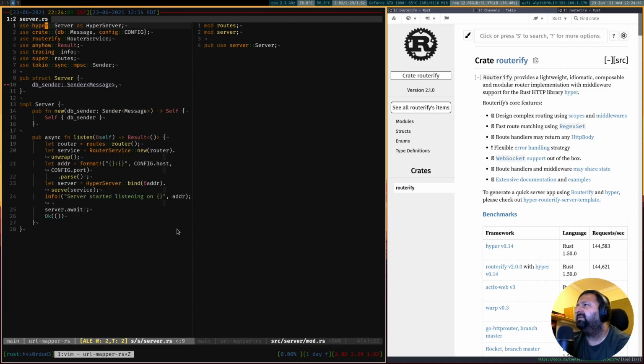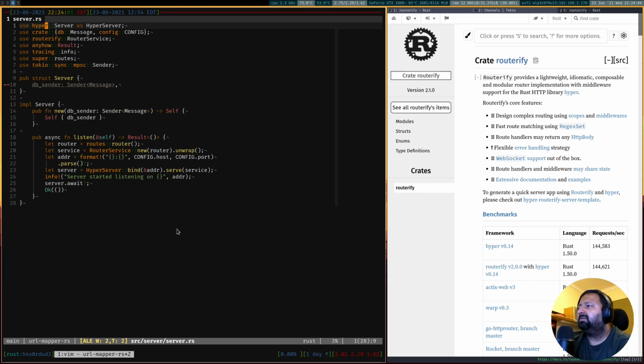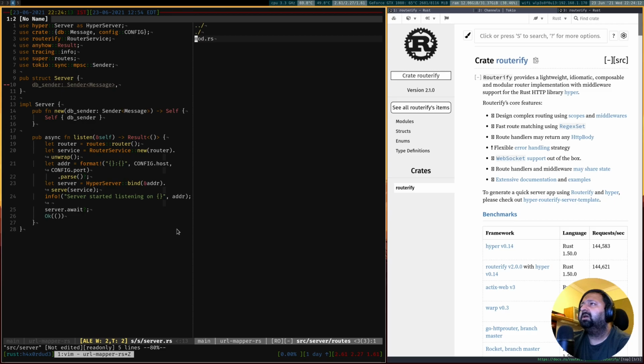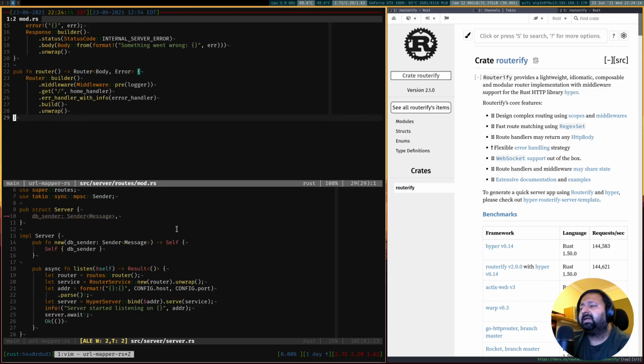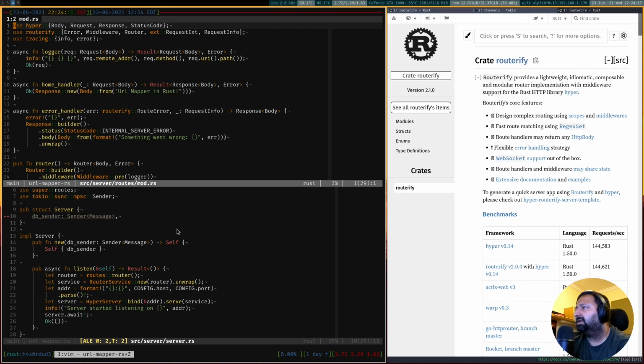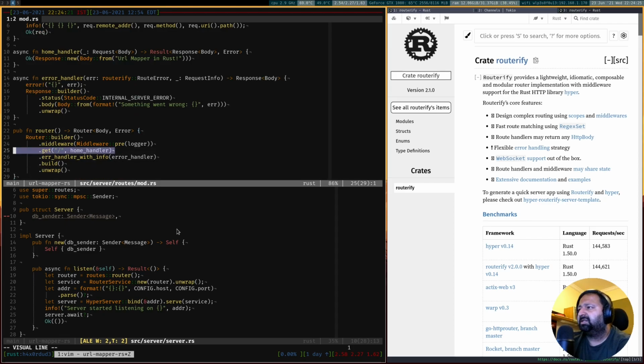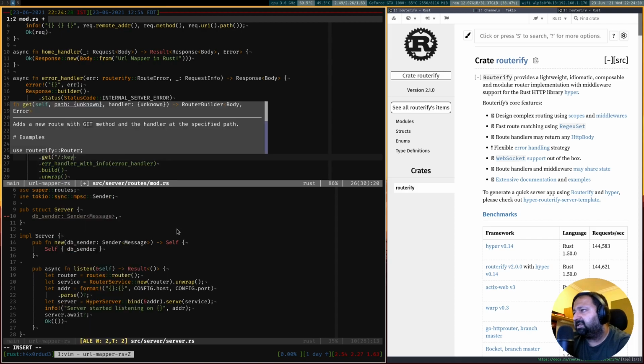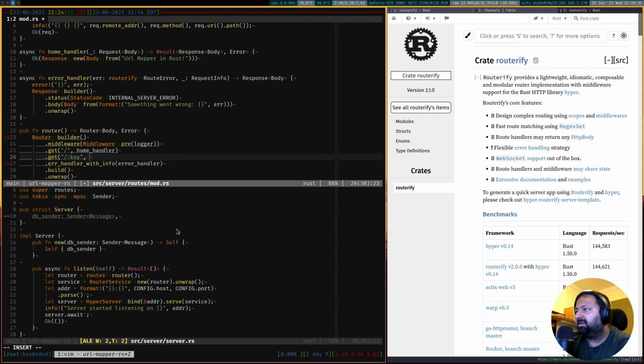So now that we have a server, we want to think a little bit about how we can leverage the database sender to actually make these API calls. So let's start looking a little bit at the router that we built as of yet. Basically, we have the home handler and nothing else right now, but what we want to implement is the key handler. I mean, let's call this the redirect handler.